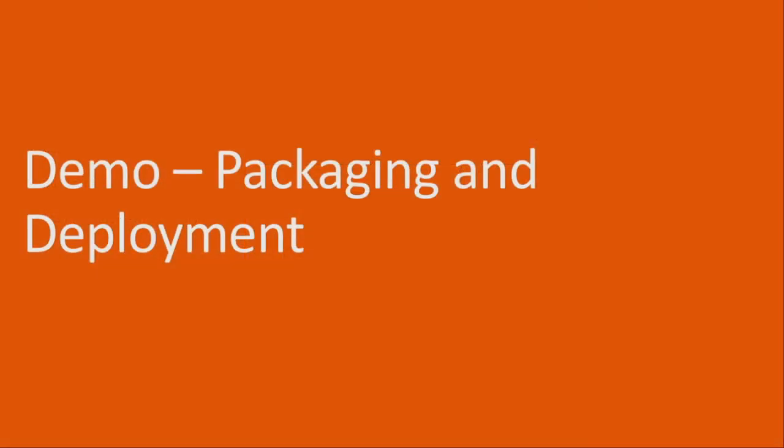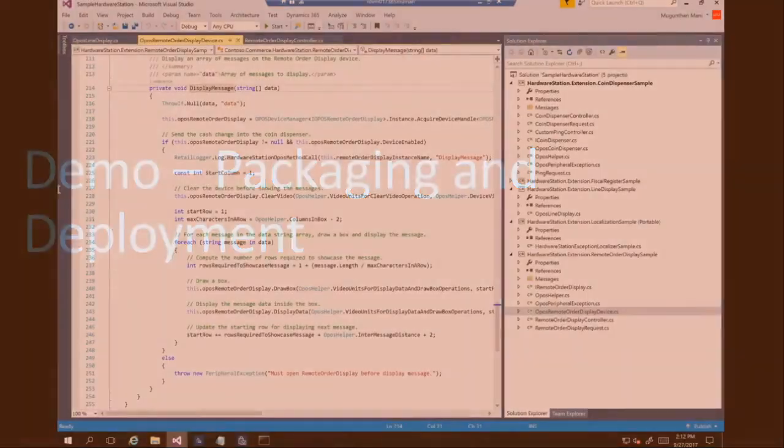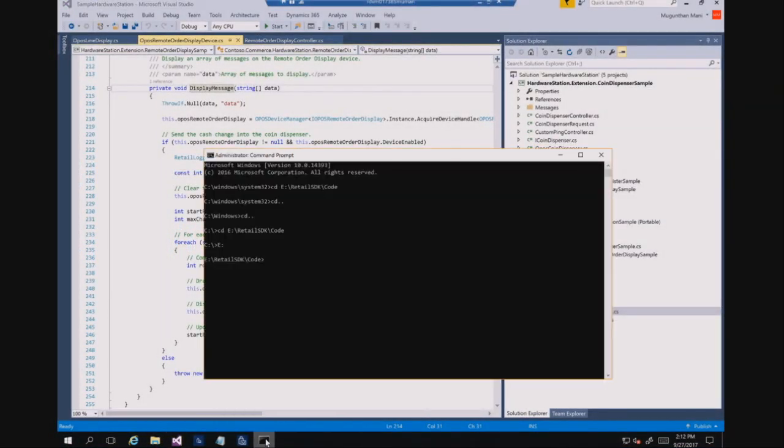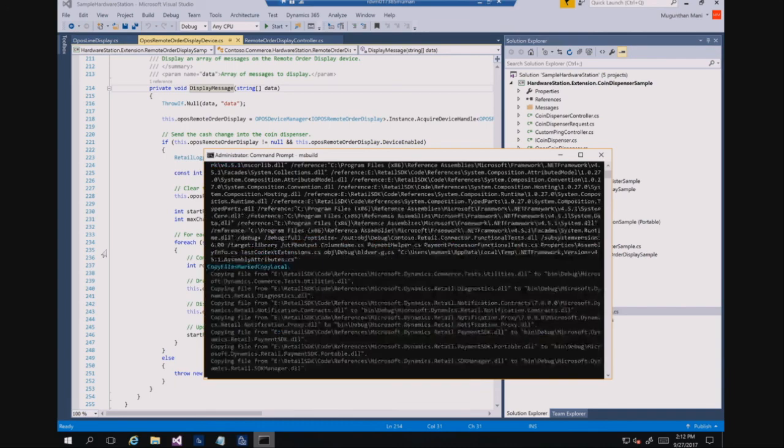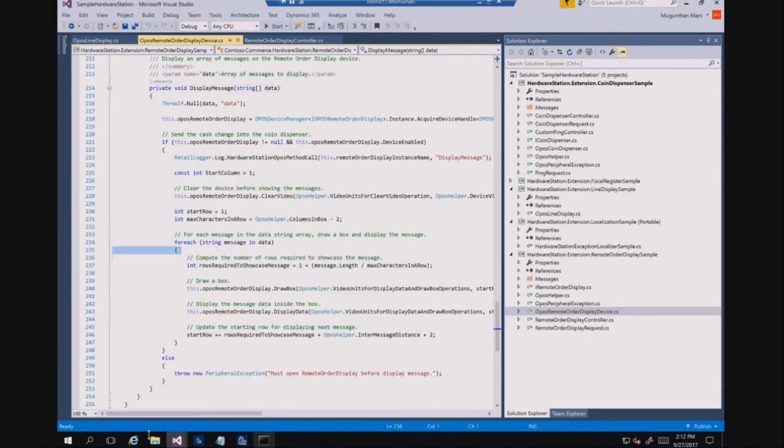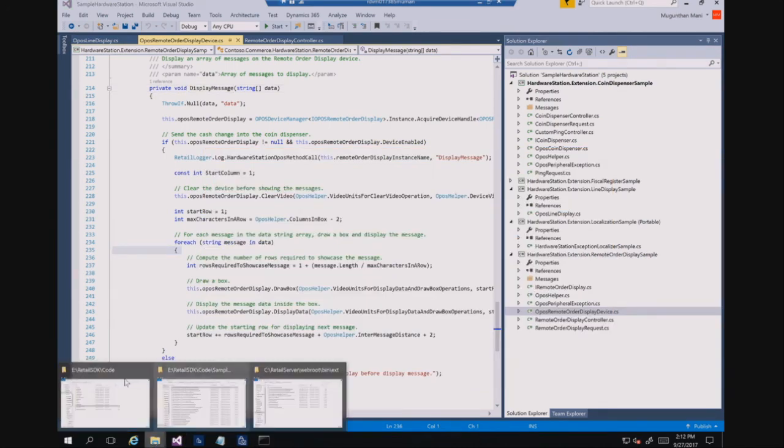Okay. For this demo, I will just quickly show the command to run. I already have this. Here you just need to run MSBuild: go to the root retail SDK folder, and then just run msbuild, and if you hit enter, it will generate the package for you, that's it. It will take about 3-4 minutes to generate the package.